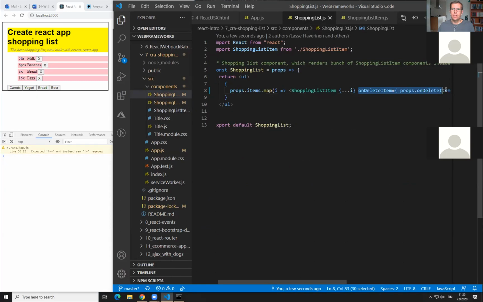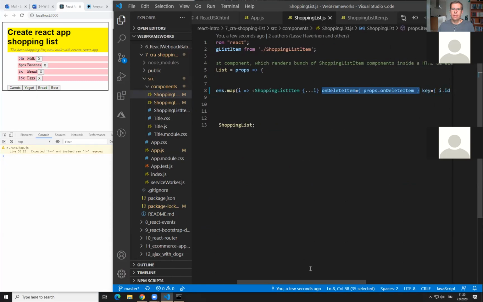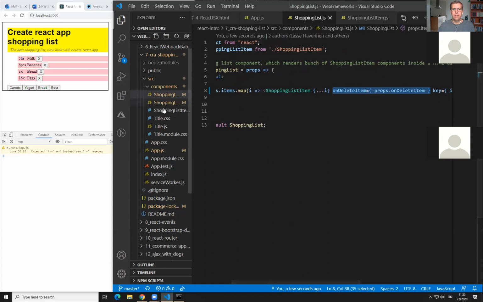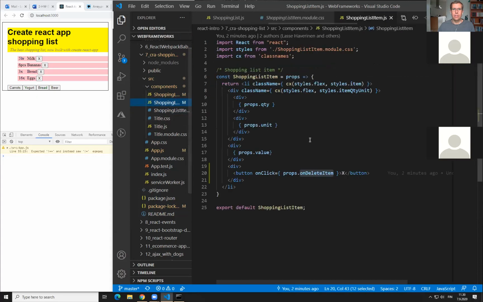So this was now added here to the shopping list. Basically, I'm just passing the prop along. And then now here in the shopping list item itself,